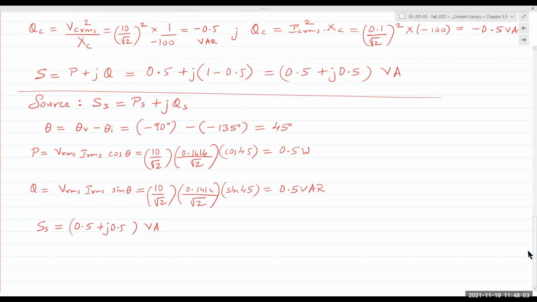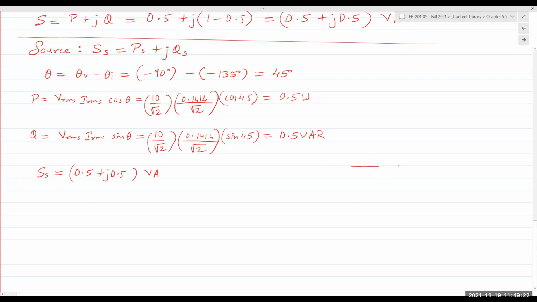P is here on the X, the real axis, 0.5. Q, total Q, is also positive 0.5, right? If QC was larger than QL, then total Q would be negative. Make sense? If QC is always negative, then if QC was larger than QL, the total would be negative. So the power triangle for this would simply be,